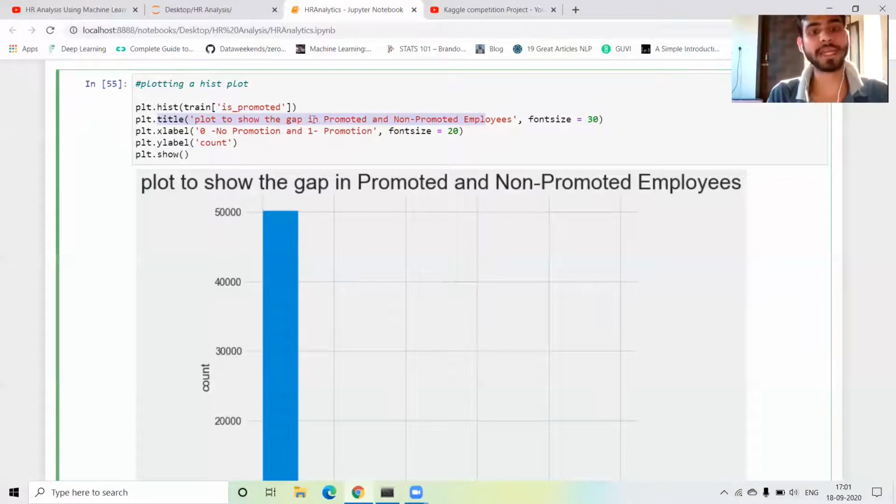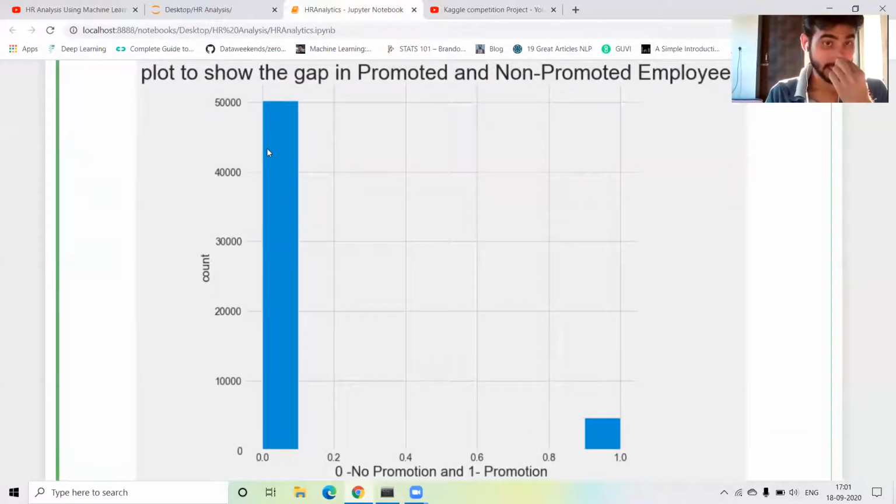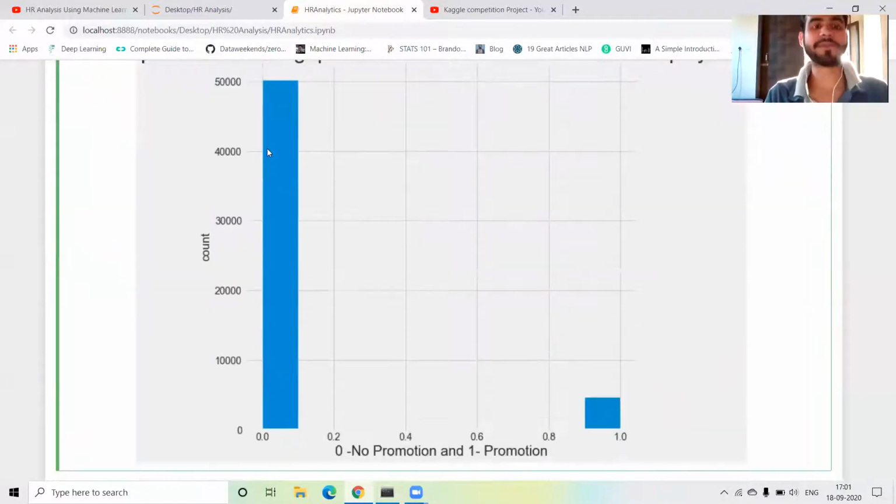The plot shows the gap between promoted and non-promoted employees, font size is equal to 30. Okay, next I write X label: 0 is no promotion and 1 is the promotion. Font size is the same, and the Y label. So you have to see, same thing, 50,000 plus people have not been promoted, only approx 5,000 people are promoted.